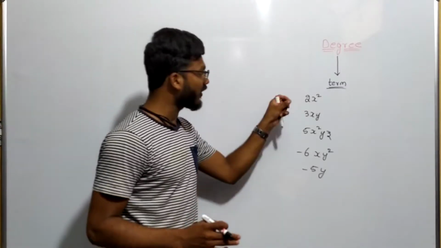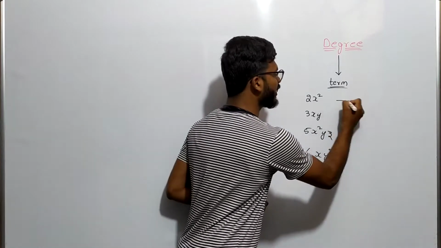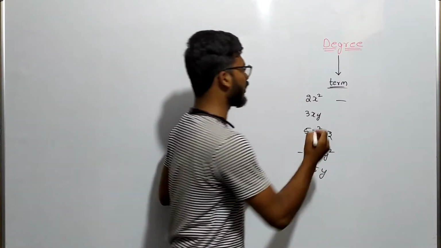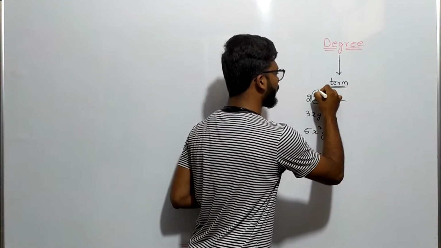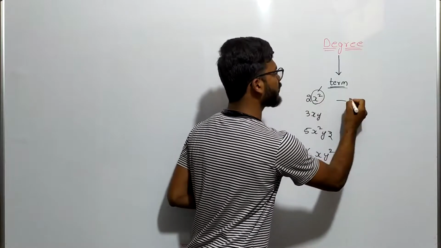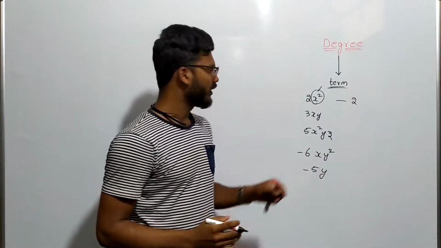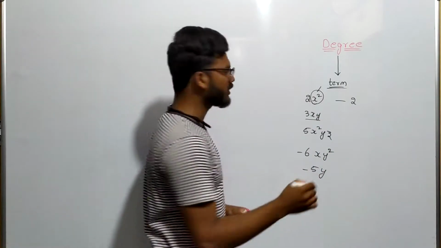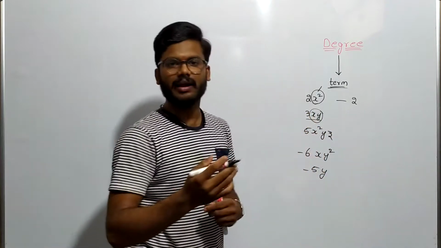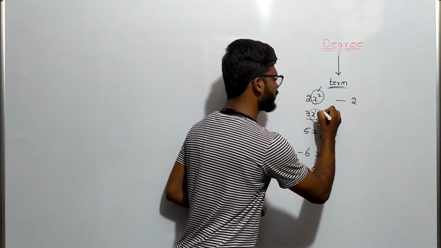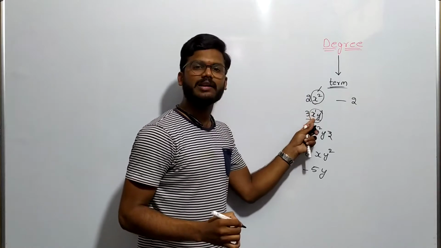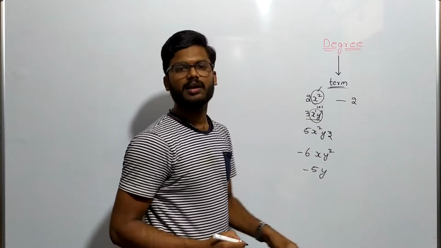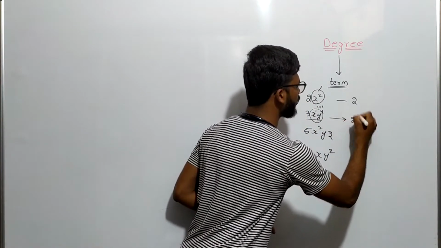Now we will see what is the degree of each and every term. Here degree represents the power of the variable. Now see here, this variable has power 2. So we can tell the degree of this term is 2. Coming to the second term, here how many variables do we have? We have two variables, each multiplying, right? So the power is 1 for each variable. So we have to add these two powers to get the degree of this term. So the degree here is also equal to 2.